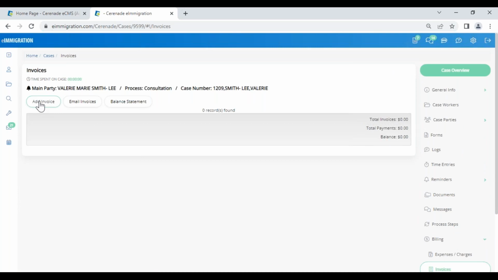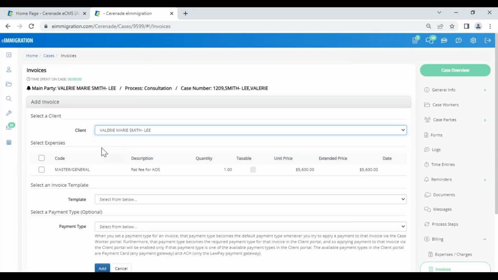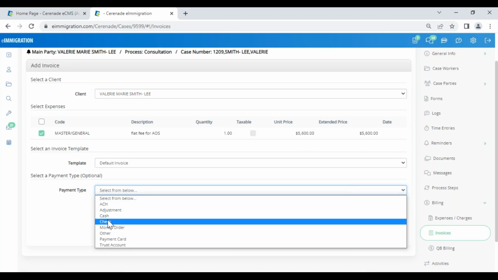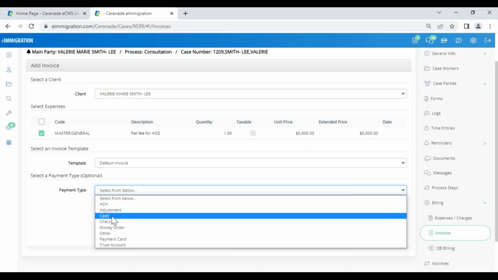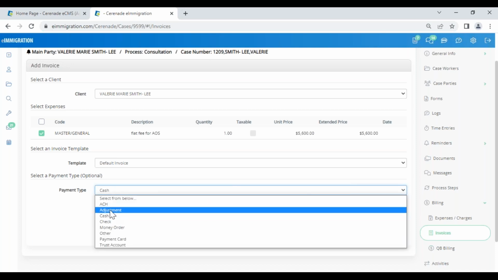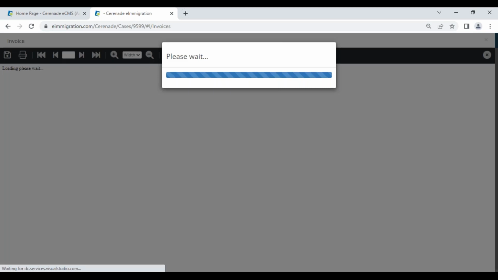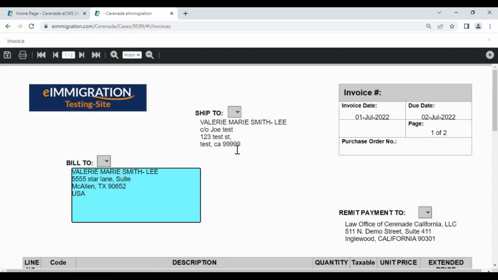All right, so when you add the invoice, again, you select the client, the expenses, and the template. We do have a professional service. If you want to design your own invoice, just contact your sales rep for a quote. I don't recommend that you limit the payment unless you have to, like, I only want to receive cash payments, but it's not recommended. I'm going to click add. So it takes you to the invoice,